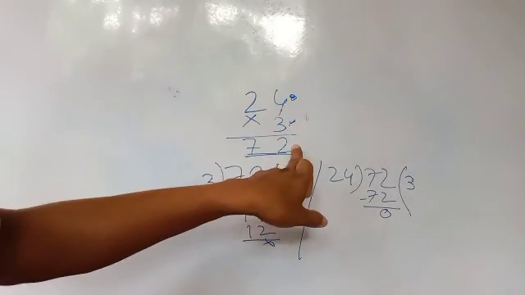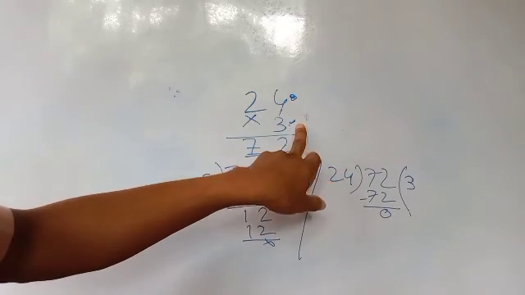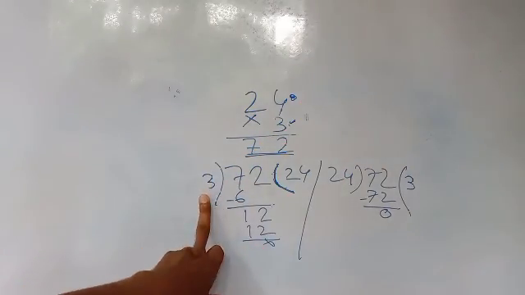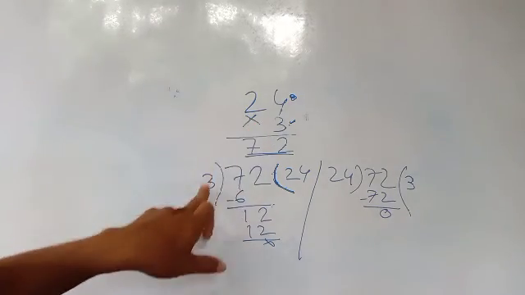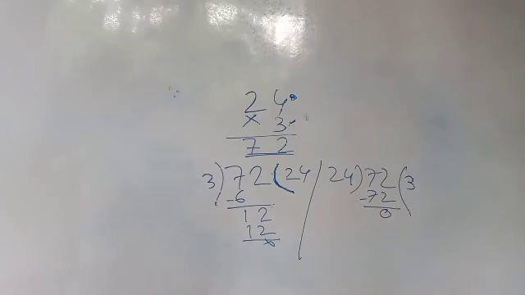So first of all you have to find the product. Then divide by any one number, the multiplicand or the multiplier. By dividing by any one number, you will get the other number. This way you can check your answer with the help of division. So we can check the answer of a multiplication with the help of division.